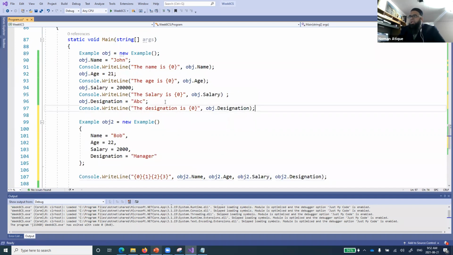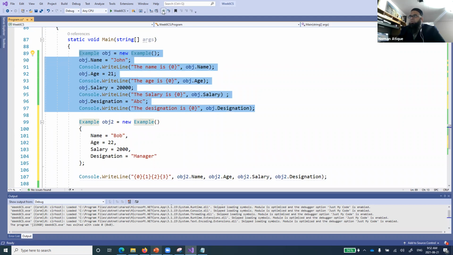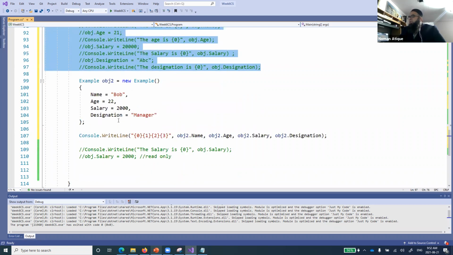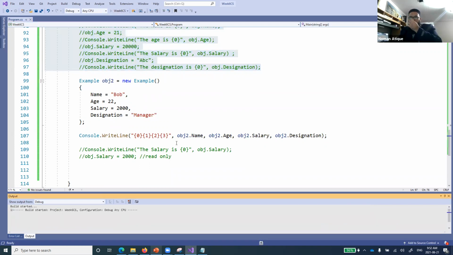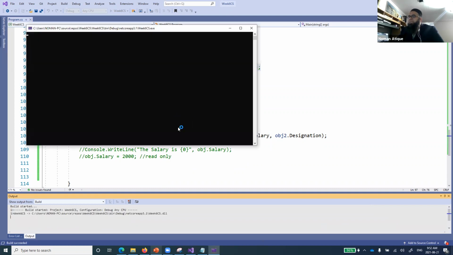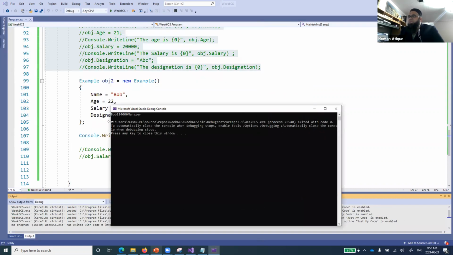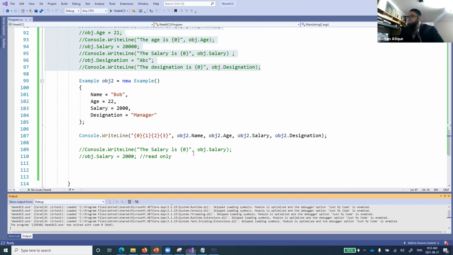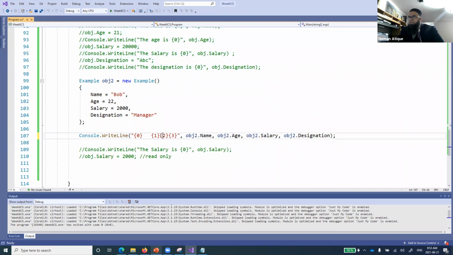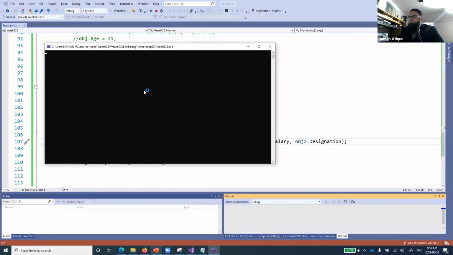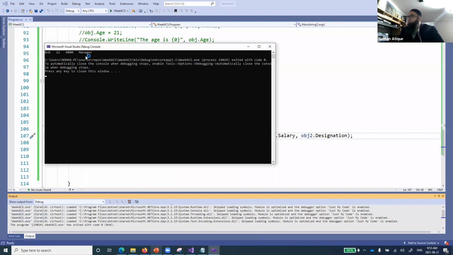Now let's talk about this, and let me make it a comment so that we do not see this output. I've defined an object initializer and I have set the salary to 2000. You know what the salary would be? Anyone? Because we have implemented a small little logic over there, 4000, of course. So you know the power of the properties that we have got. So you see here, Bob, 22, 4,000 and manager, because I have not put any spaces between them, they are coming without anything. So let's put 2 or 3 spaces between them and we can see them separately. So you see here, Bob 22, 4,000 and manager.